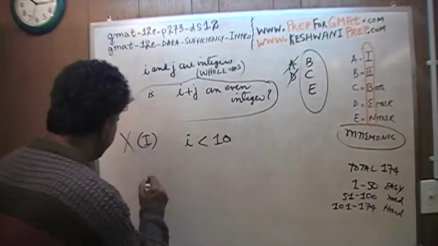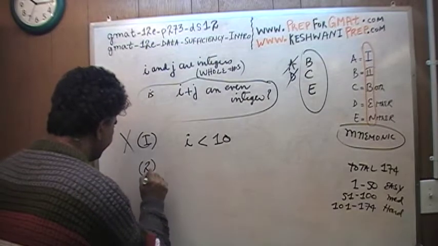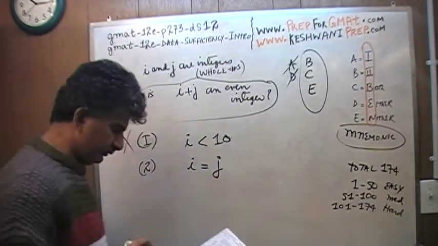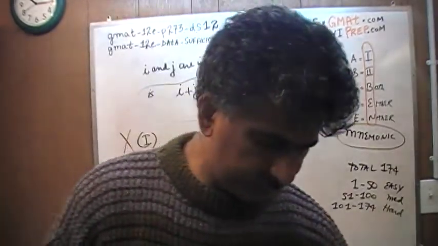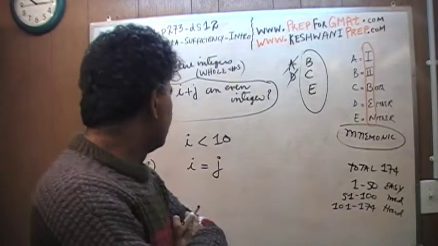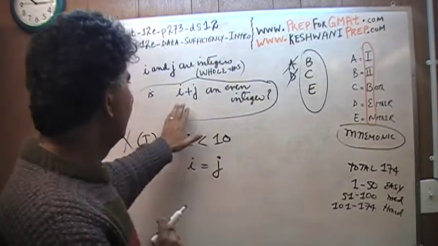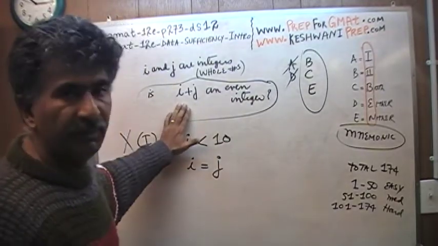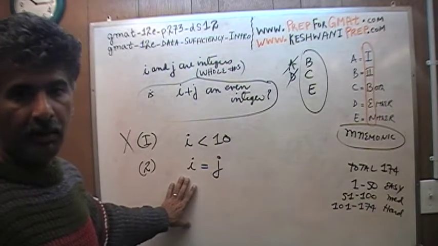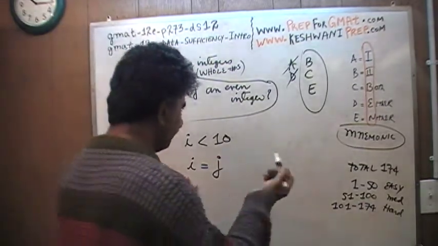Second statement tells me that I equals J. Oh, this is interesting. And again, people in their haste might end up saying, well, how is that going to answer whether or not their sum is even? Well, it's very easy. It's very simple. Make up numbers. Make up any number at all. And what you'll find is that